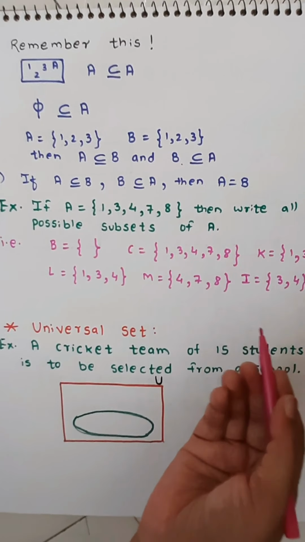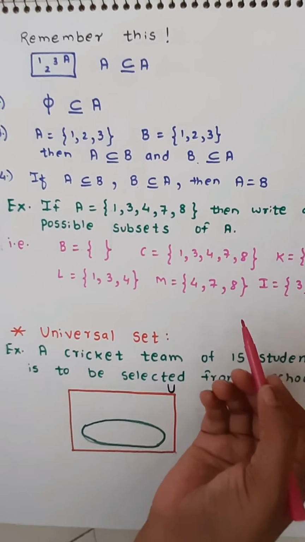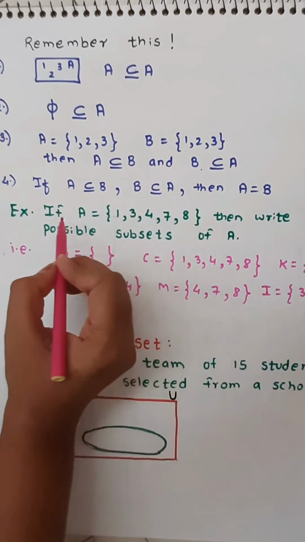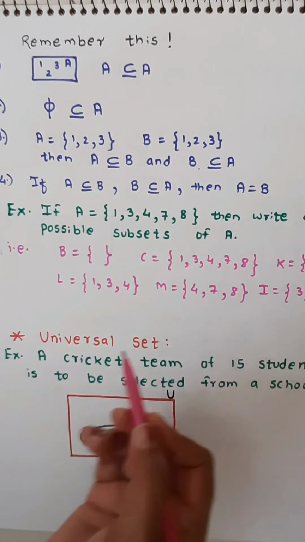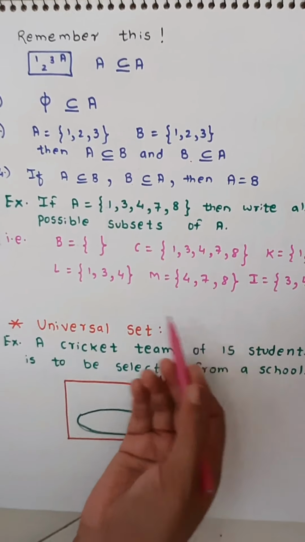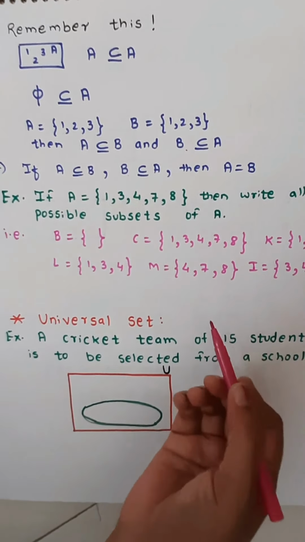Now similarly many subsets can be written. Now you try writing some subsets of the given set. So similarly many subsets are given, or you can write, now see a set is given and you can write many subsets. So these all are the possible subsets and many more can still be written. I have not written all. Okay, you can write them.